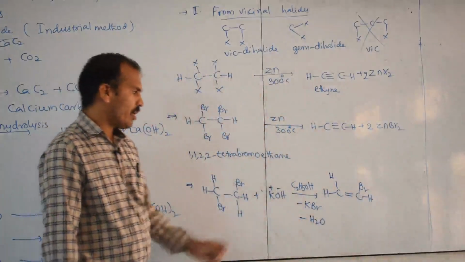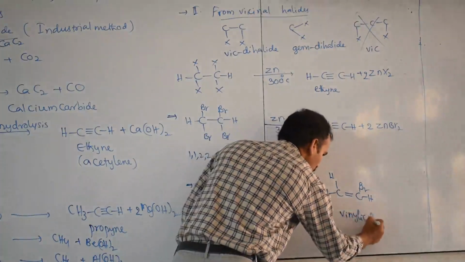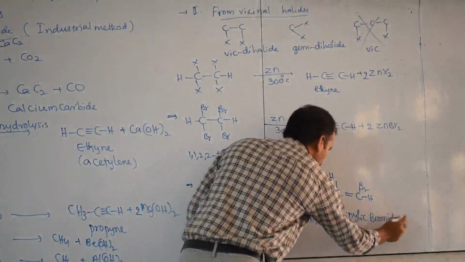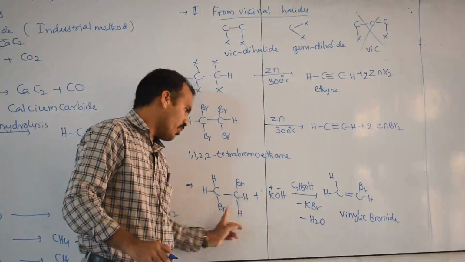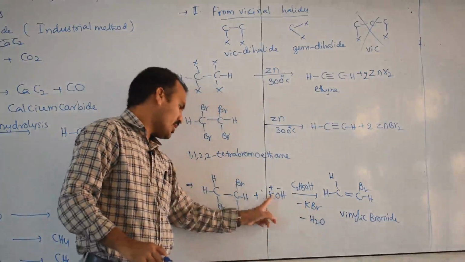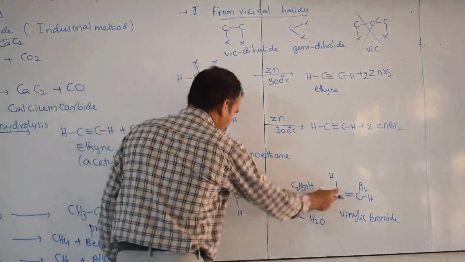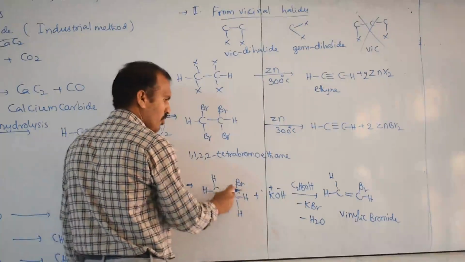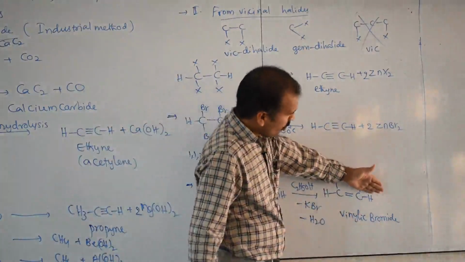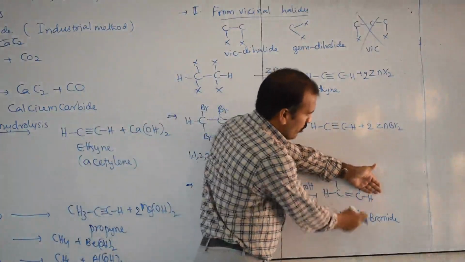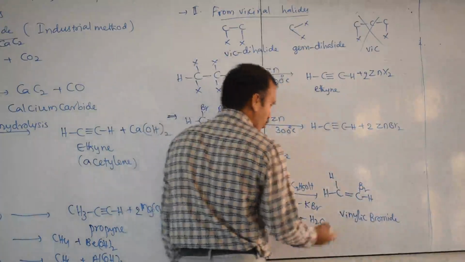Then what is formed here? Vinylic bromide. Vinylic bromide. Carefully observe, one bromine, one hydrogen loss, K and Br, KBr out, OH and H, H2O out. Then what is left here? CH2 left. When these two are lost, one bond is formed, then one extra bond, then CHBr, CHBr. If bromine is not there, then up to here this is called vinyl, then bromide is there. Therefore vinylic bromide or vinyl bromide also, right?